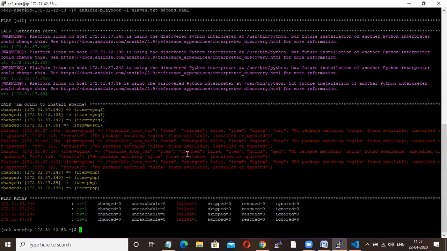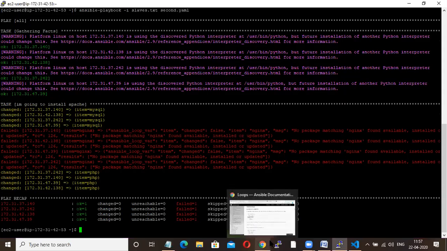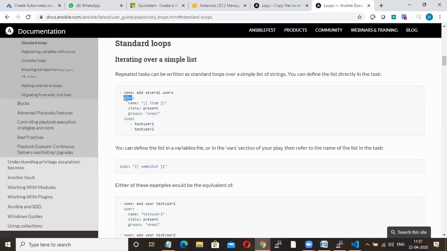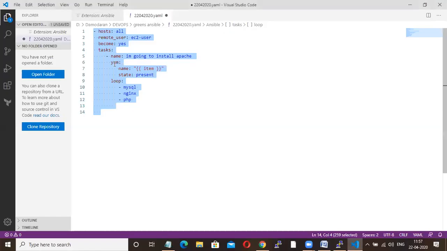Okay. So this is the loop concept. So now, Damu, here for MySQL and Nginx and PHP, from where are these softwares getting pulled? Because in our server also we have not kept these softwares. Yum. So using the yum module, right? Okay, so from a website it is collecting the software and putting it into the host. No, from the yum module it is taking from the yum repository. The yum repository has all the software packages. Yes, okay. It is a Linux package.